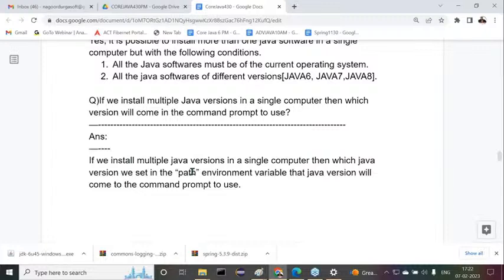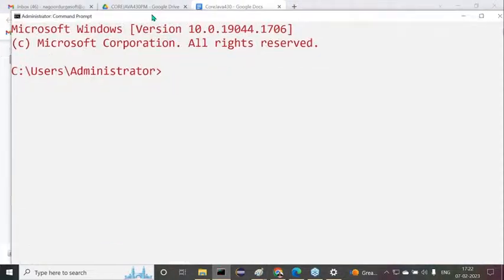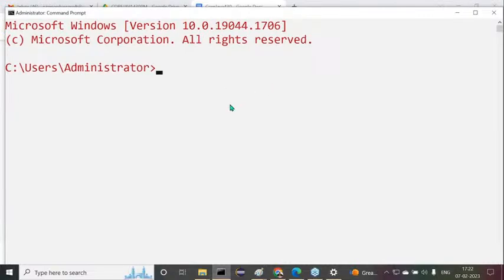Now I want to give some command prompt related points here. Understand this clearly. I open this command prompt now. All of you observe carefully. Set path is equal to